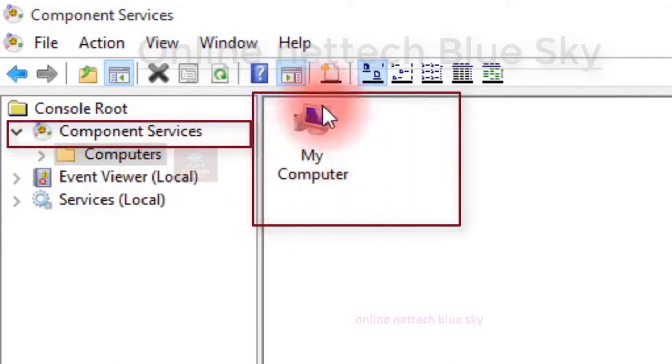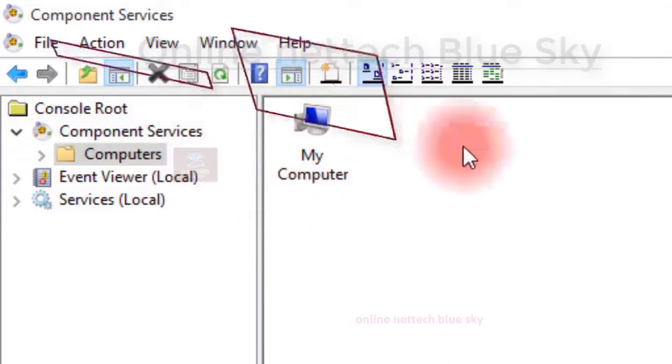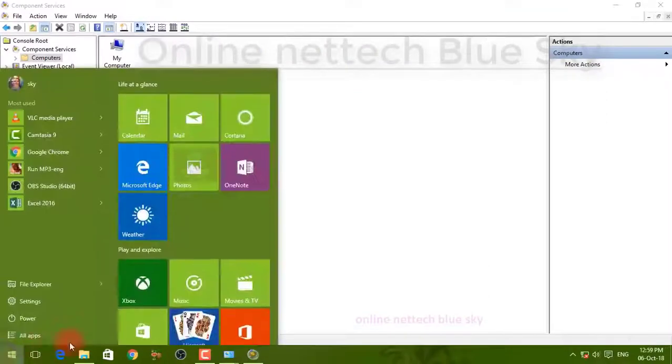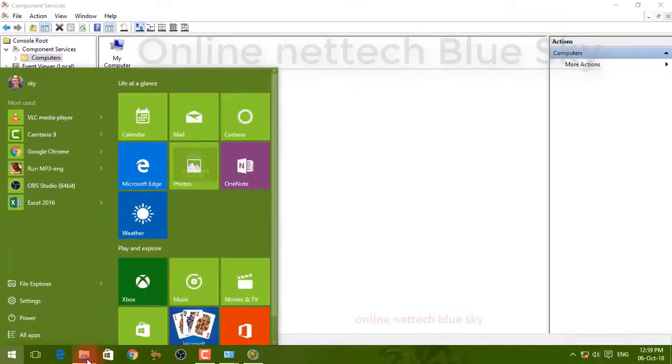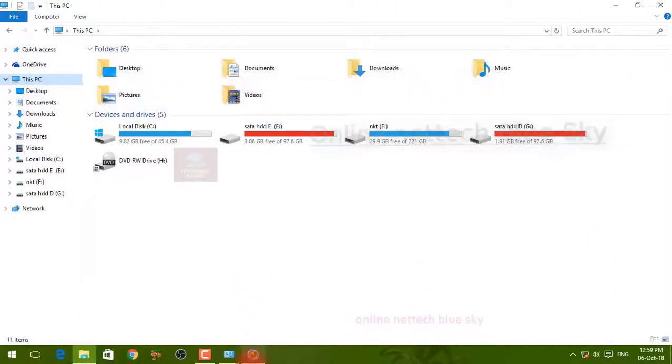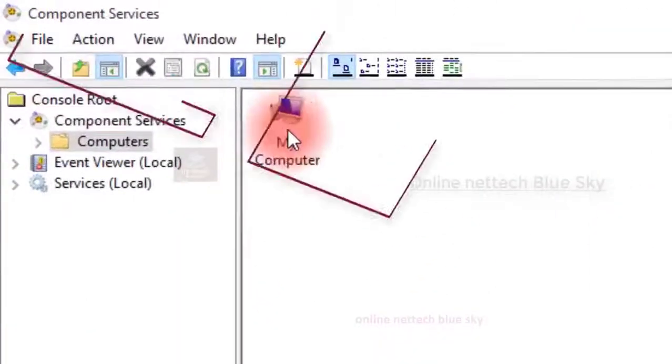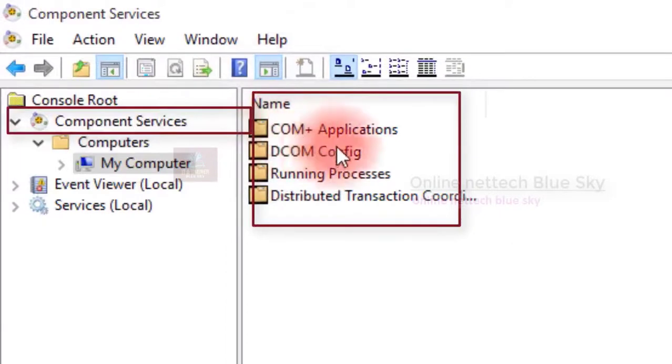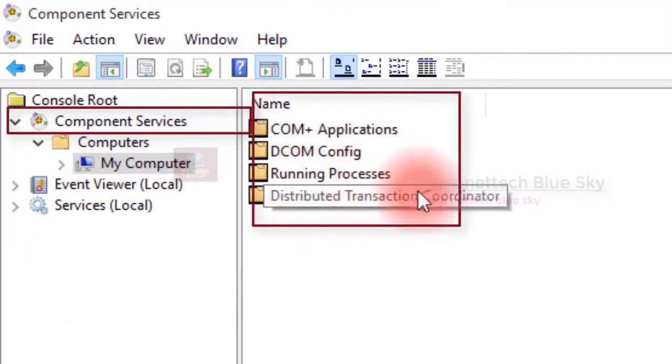This is my main computer, and inside My Computer, how many devices are attached and working, and how many services start every time, every millisecond. Okay, so you can see COM+ Applications, DCOM Config, Running Processes, and Distributed Transaction Coordinator, different types available.